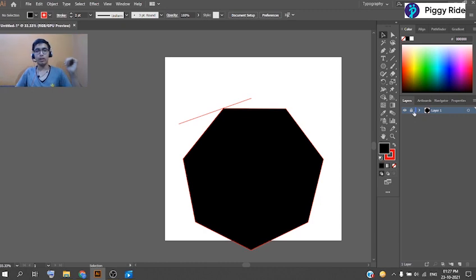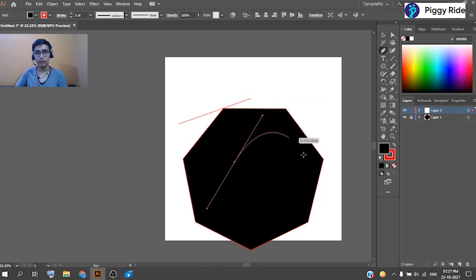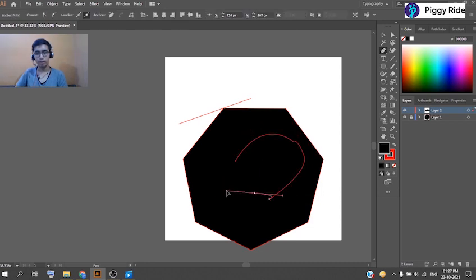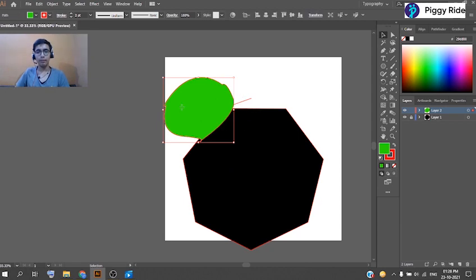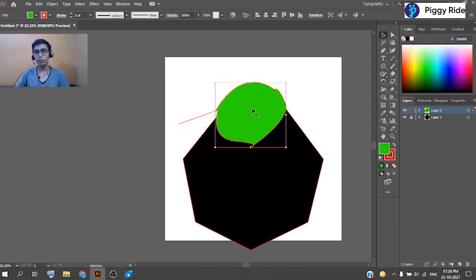If we are creating a huge artboard and we have to ensure that layer 1 is not disturbed, what we can do is click here and it will make a layer 2 for us. So now I can make anything above layer 1, for example, a free shape. We will give it a green color. You can see now I can move the objects that are present on layer 2, but I cannot move the objects that are present on layer 1 because layer 1 has been locked.